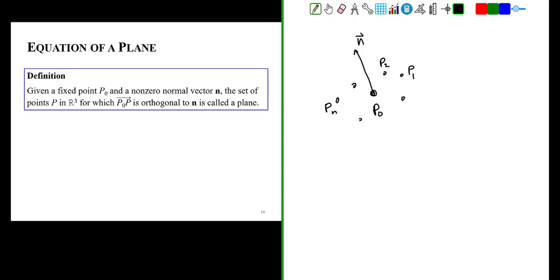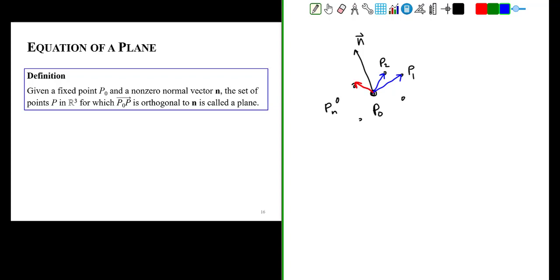Given a fixed point P0 and a non-zero normal vector n, the set of points P in three-dimensional space R3 for which the vector P0P is orthogonal to the normal vector is called a plane. So in other words, these points can't just be any points in space. They must be points for which, when we construct a vector from one point to the other point,